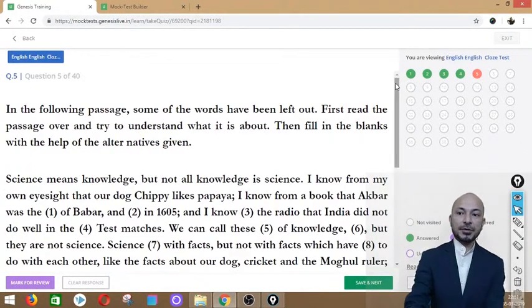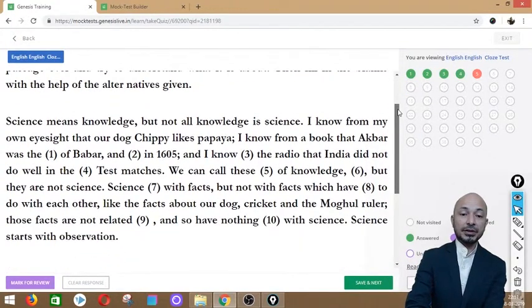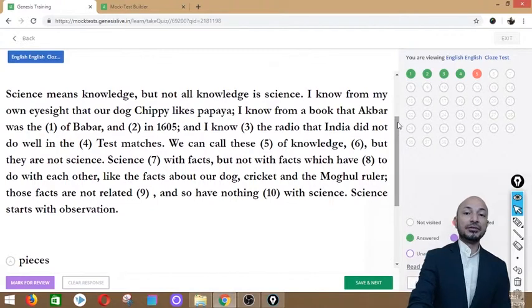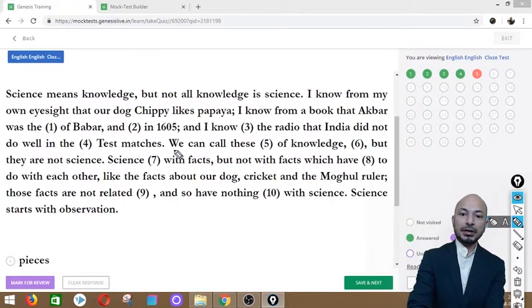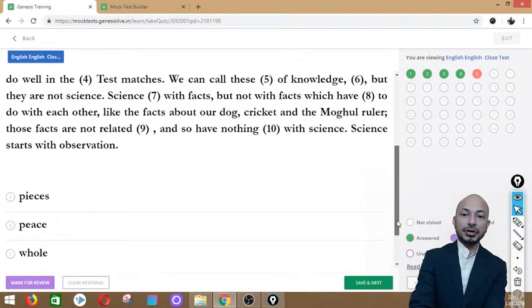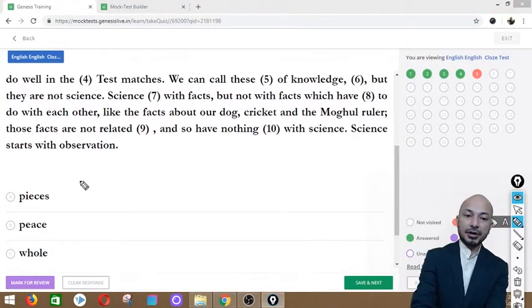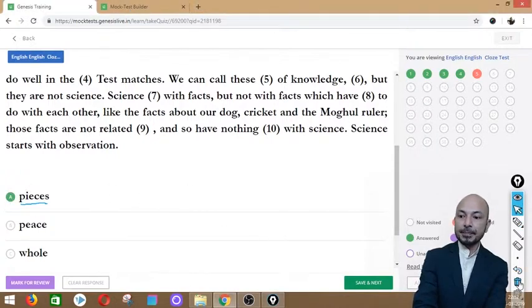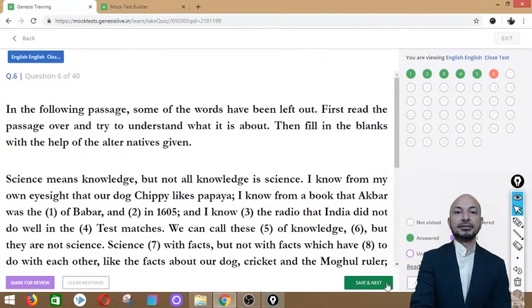So coming to question number 5 here from the Cloze test. We are done with in the latest test matches. So number 5 says we can call these, so this is the line we are referring to over here, we can call these dash of knowledge. And let's look at the options that we have here. It says pieces, piece, whole, or block. So it's going to be option A, which is pieces of knowledge. We call these pieces of knowledge, so I'm going to click on pieces, option A, and then save and next. So we come to number 6, and